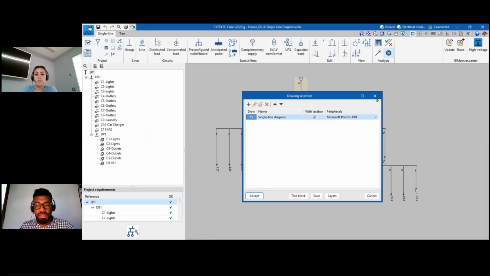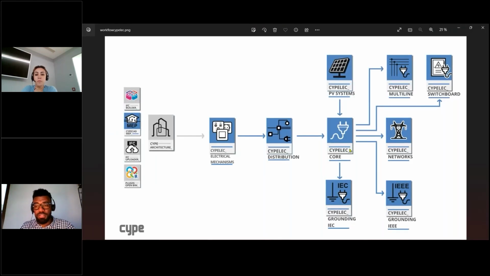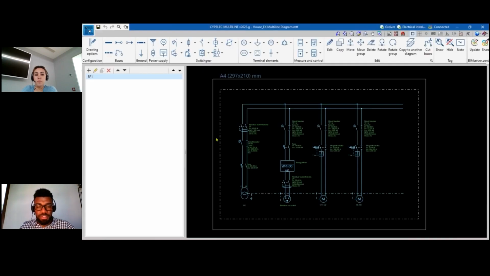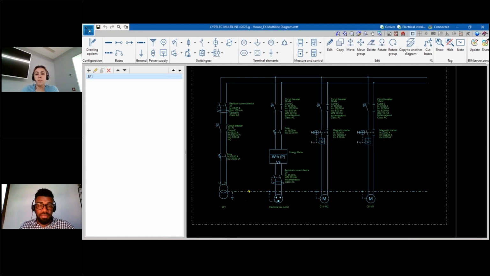So after that, what we're gonna have to do is to share that information so we can open it in the next software. And the next software that we're gonna be working with are gonna be the CYPELEC multiline and the switchboard. For example, first thing, I'm gonna open the CYPELEC multiline. And this is a really simple software. By importing the information from the